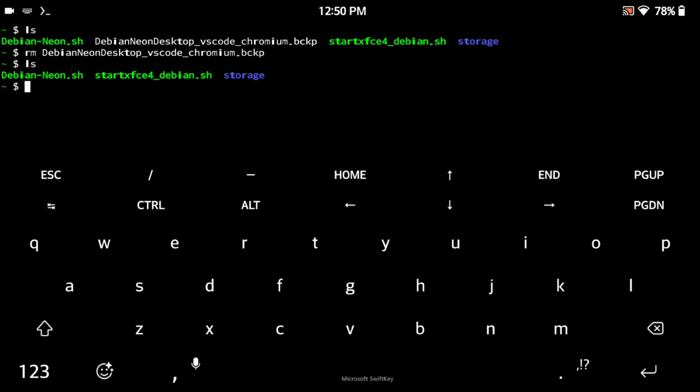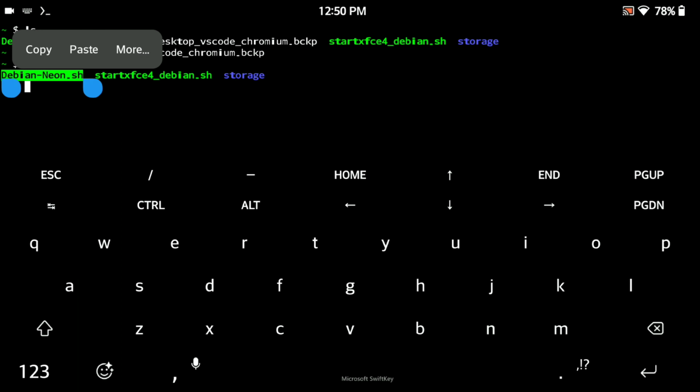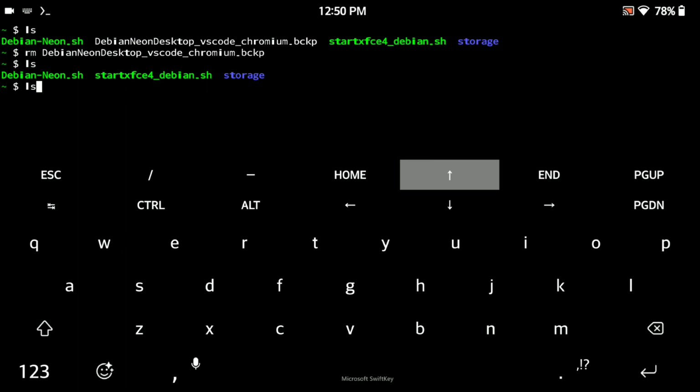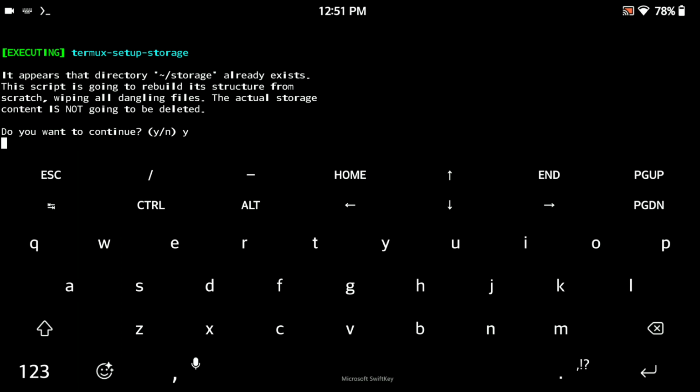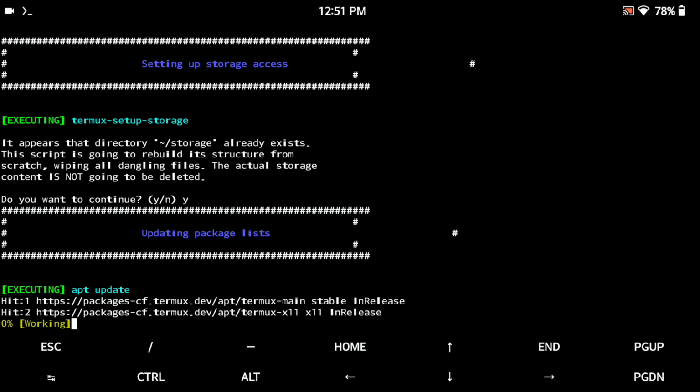I already added the script properly to detect the download folder. So after moving or downloading your file, just rerun my installer script. Let me show you. This is the command. Just press enter and it will ask for yes or no. Type yes, Y, and it will start